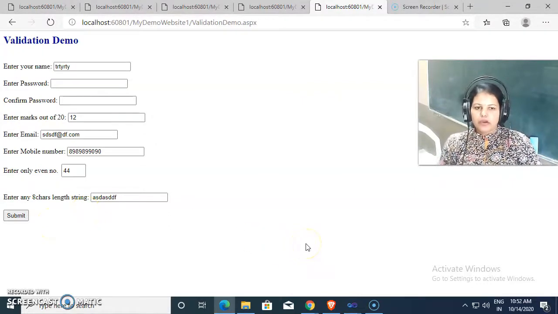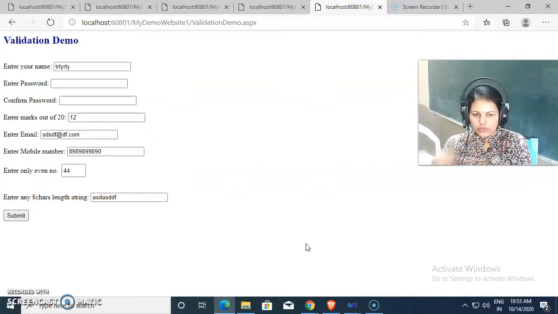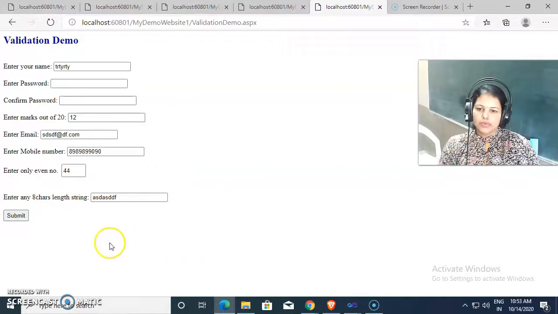So in this way, before the server side validation function executes, all the client side validation functions run first, because these are checked on your own local computer. And for checking server side validation, control needs to go to the server, and then at server side that C# code will run. So before going towards the server side, we need to check client side validation, and only then go towards the server side. So this is about server side.